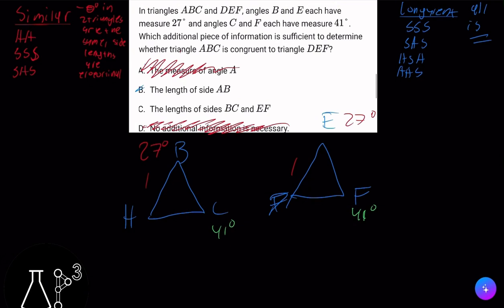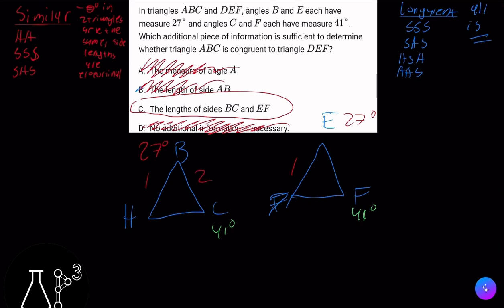But it doesn't work either. In the congruent side, it has to be with two angles, either angle side angle or AAS, going from A to B and D to F. Therefore, B is incorrect as well. Meaning that the only answer is C, because if BC equals 2,